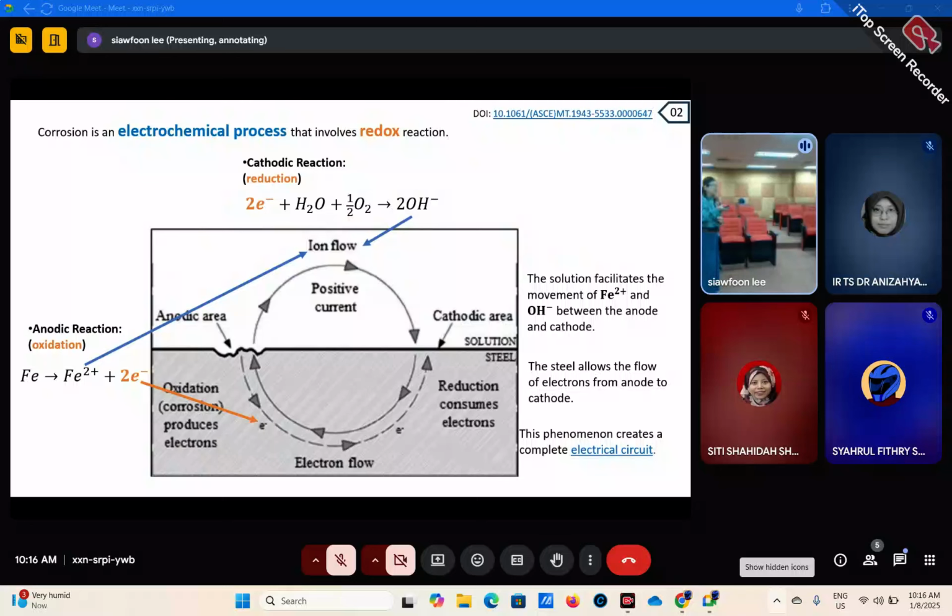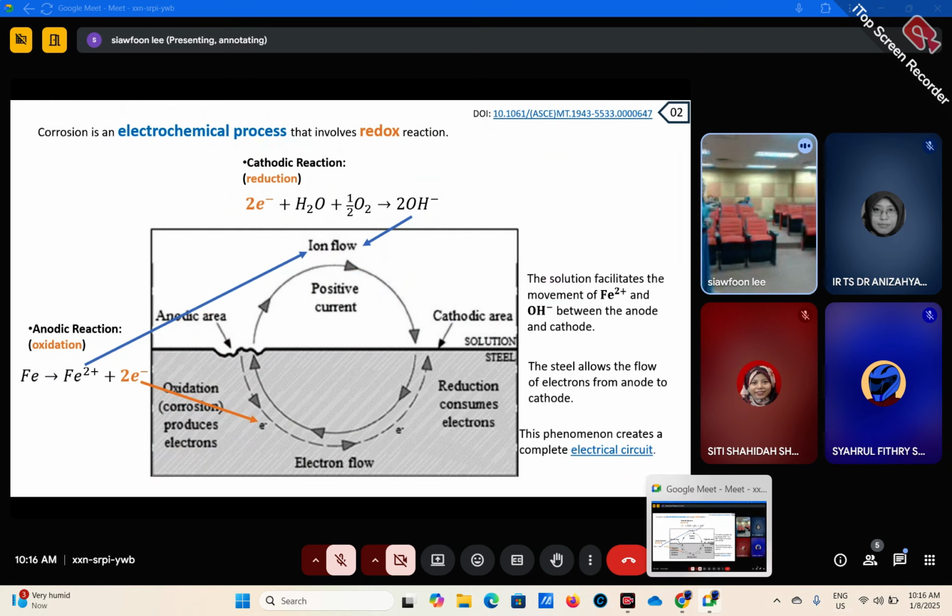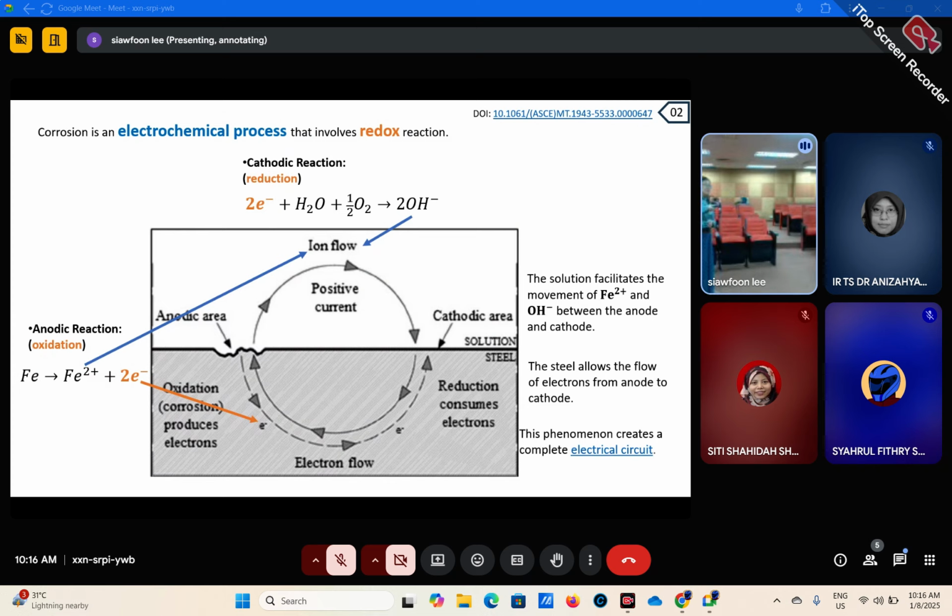and form the electron will actually flow through the steel, and then the ferrous ion will go into the solution or the moisture on top of the steel. And on this side, which is the cathodic reaction, the electron flows from inside this steel and goes to the other side, and there they will mix with the water and oxygen and then form the hydroxide